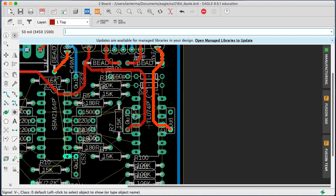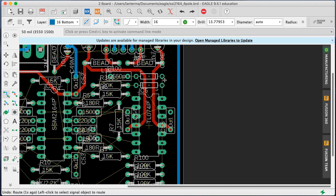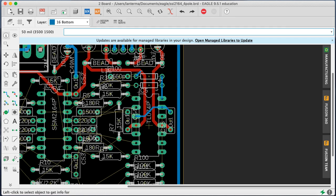So I'm actually going to do something a little bit strange, which is let's forget the power supplies for a second. Switch to 16, which I like to do for a signal. Let's start doing some routing over here, see what we need. Okay. If this goes up here, I think that's fine. This, if I wanted to. Oh, you know what? How about this? What I'll do is I'll just go ahead and say,